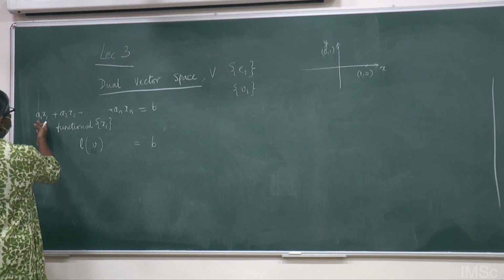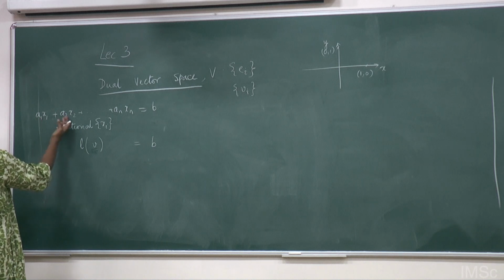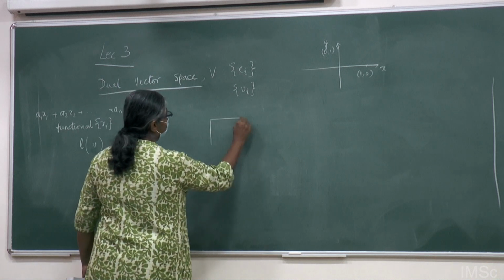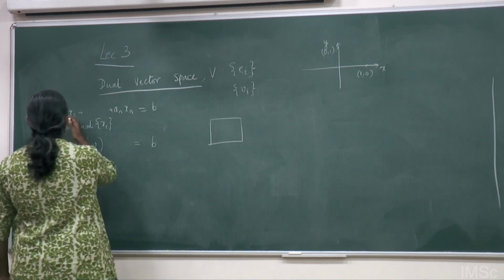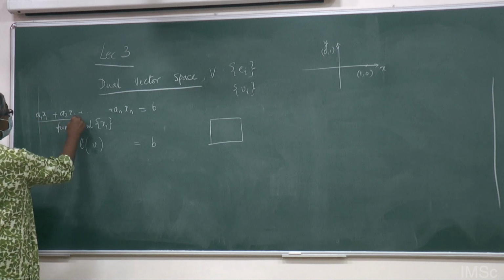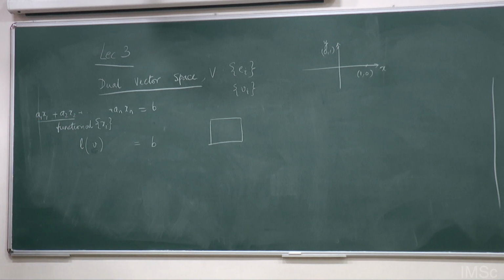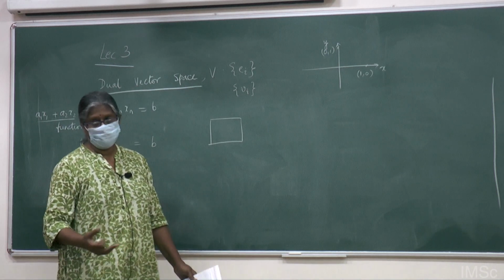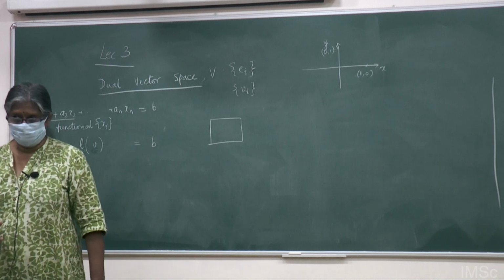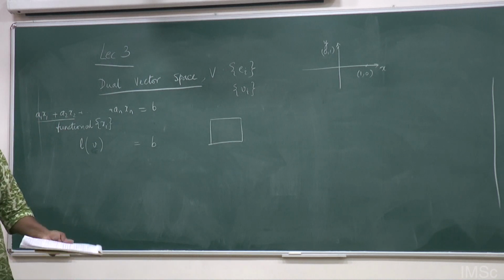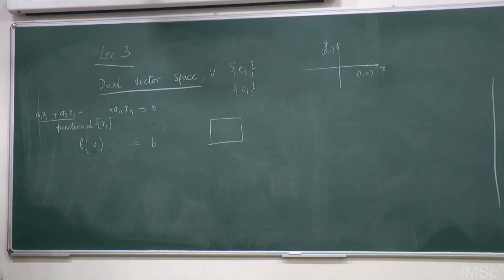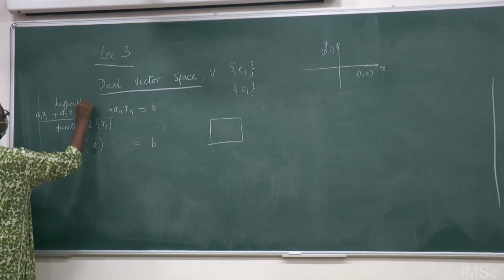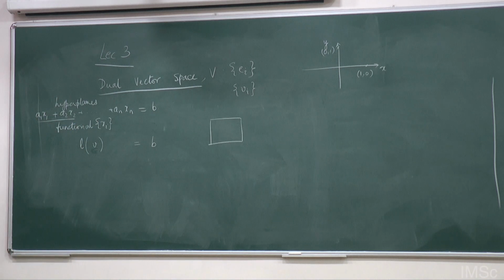So let us take it in 2 dimensions. What is a1 x1 plus a2 x2 equal to constant? That means if I have just a 2-dimensional space, then this combination a1 x1 plus a2 x2 equal to b is a constraint equation, right? It's a plane or a line. Here it is a line in this space. In 3 dimensions it will be the equation of a plane in this space, and in 4 dimensions it is a hyperplane in that space. So these are all sets of hyperplanes, right? Is it clear so far?